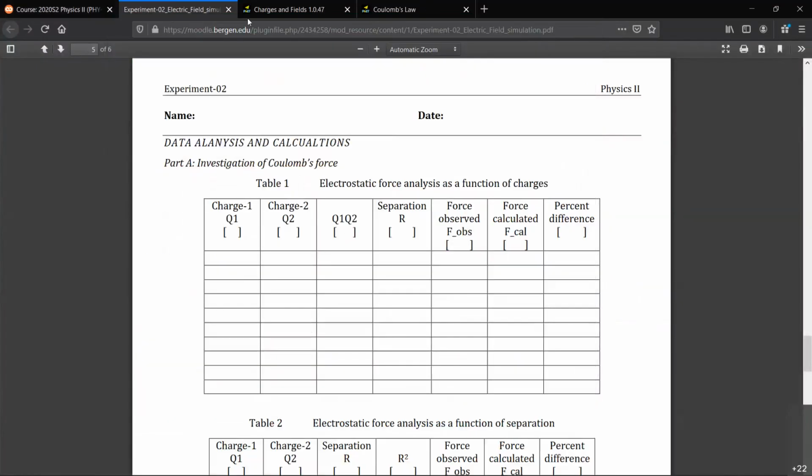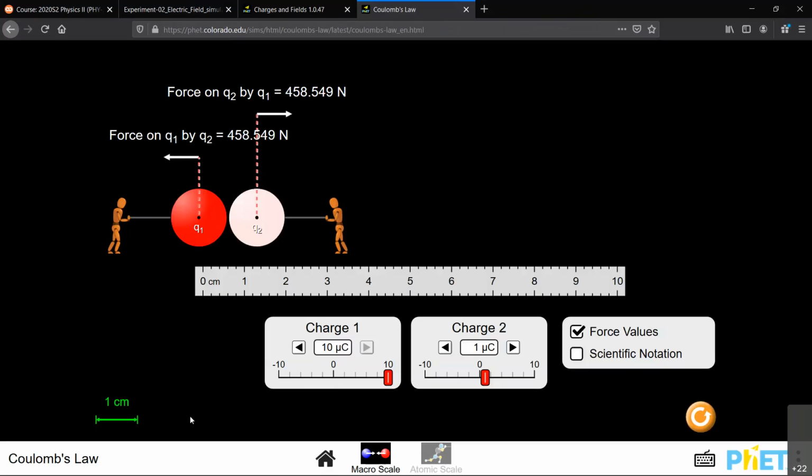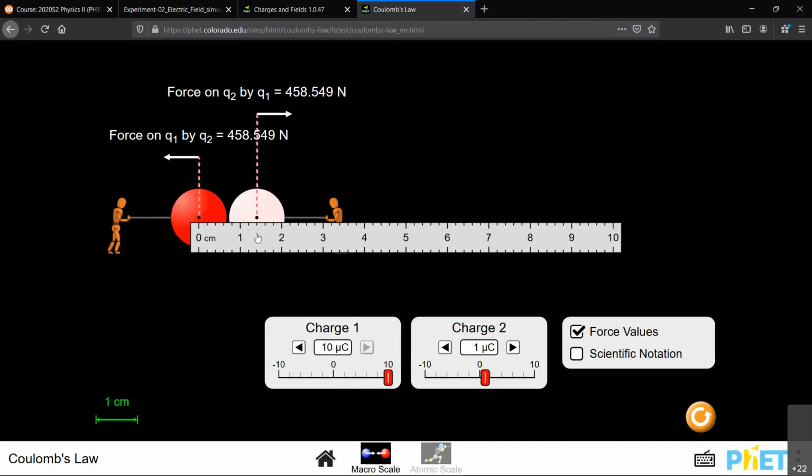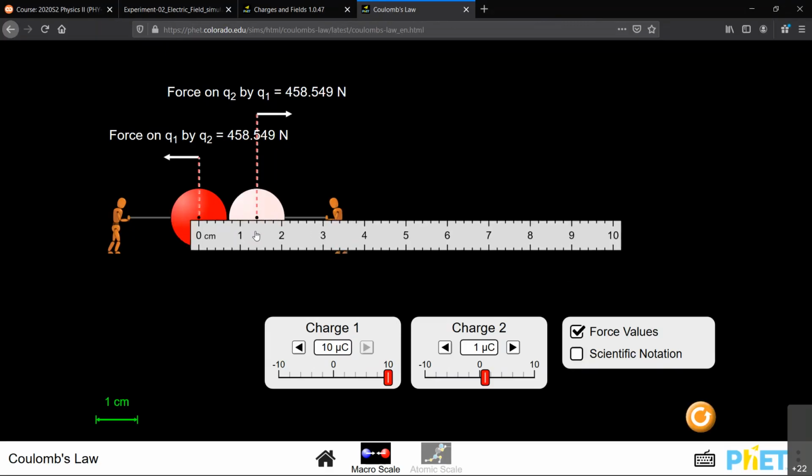All we have to do is change the magnitude of the charge of object number 2 and then observe the force. The simulation is right here. Your object number 1 charge should be set to 10 microcoulomb. Object number 2 charge should be set to 1 microcoulomb, and then observe this force. There's really nothing else you have to do. The separation between them should be about 1.4 centimeters. You can bring this meter ruler close by and then measure that. 1.4 centimeters, and that's all.